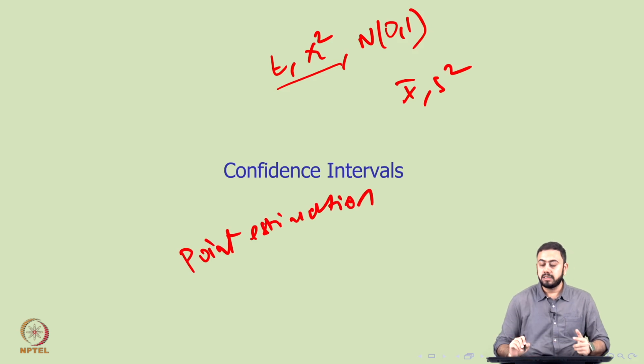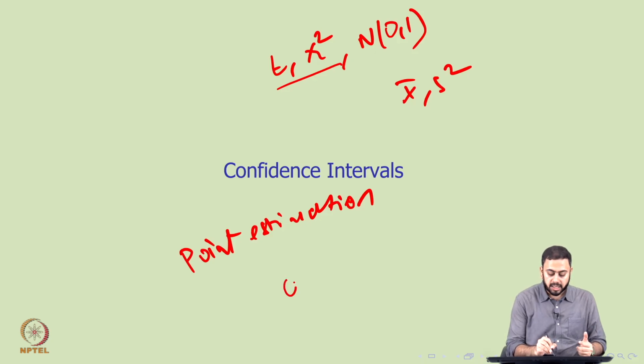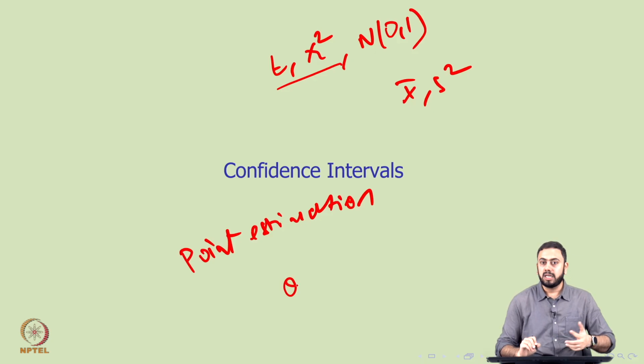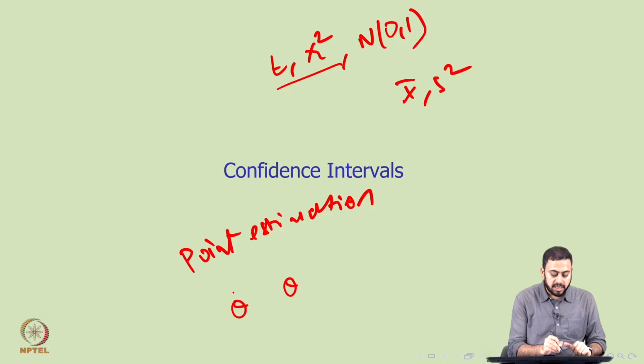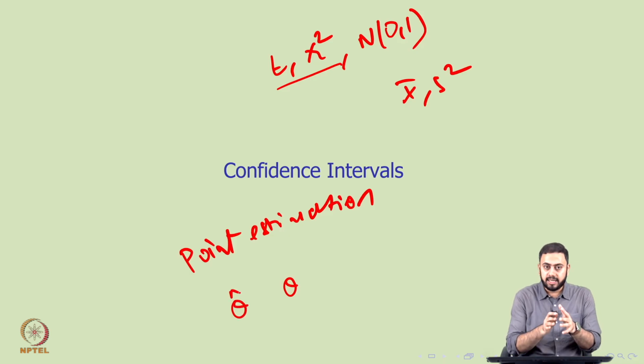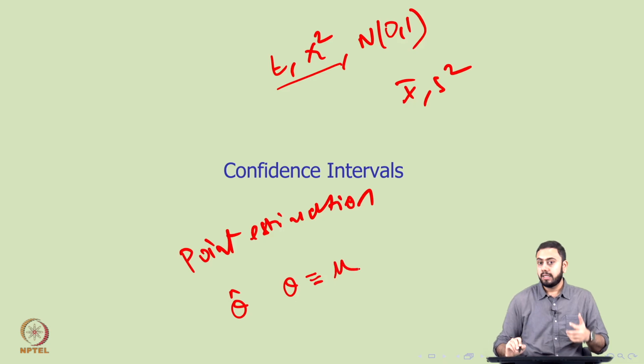So what do you mean by point estimation? Let me try to summarize it very quickly. If you start with a parameter theta, and generally we assume that parameter theta is unknown, then if something is unknown, we have to estimate it using the data set we have. We put forward some estimators of the parameter theta, and notation-wise, the estimator is theta hat. If you bring a practical data set and want to estimate theta, which is, let's say, the population mean, how do you put forward an estimator for the population mean?